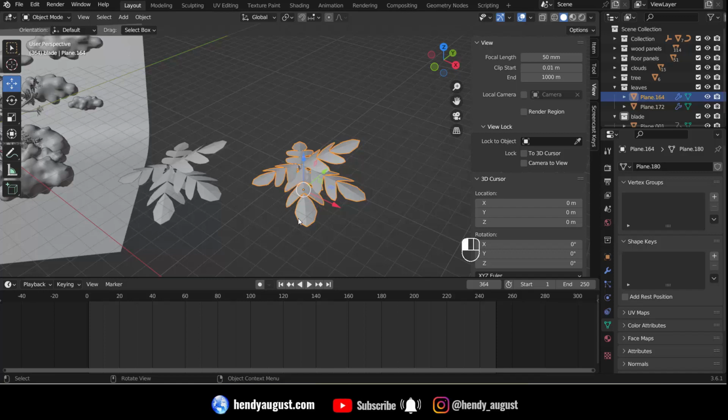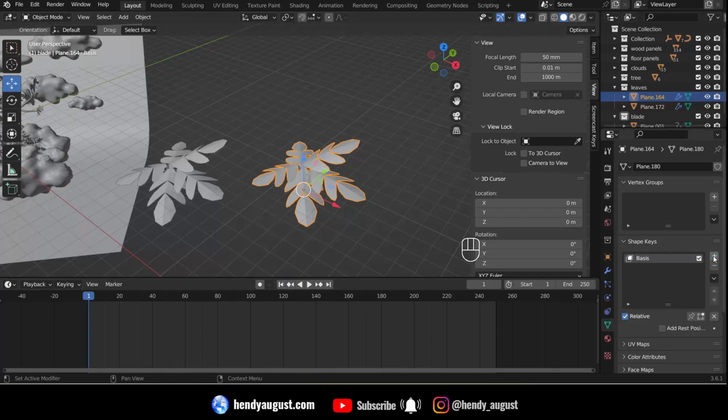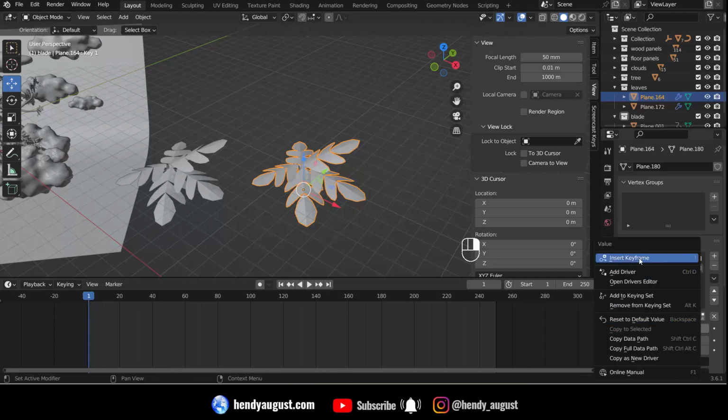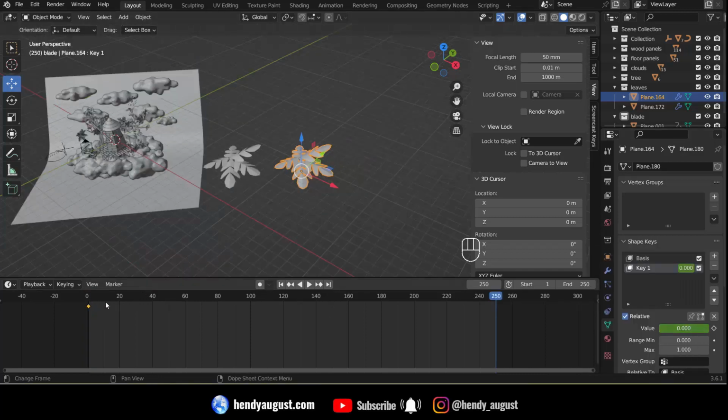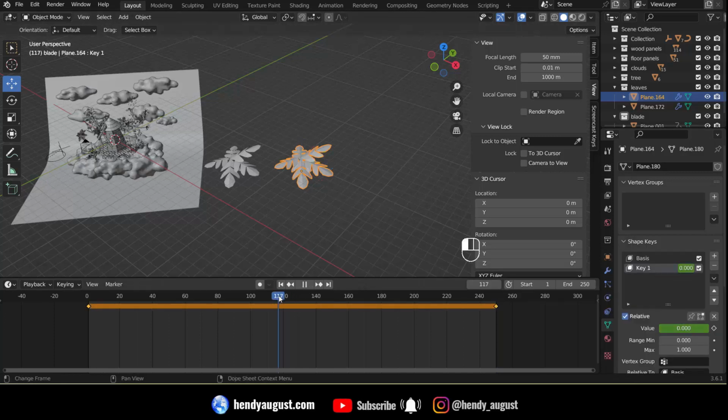Let's select the second leaves, and then we're gonna do the same thing. We're gonna click Basis, and then once again in the Key One, we go to frame one, right click, and insert keyframe. I'm gonna make it a slower animation, so I'm gonna go to the last frame and insert a keyframe, and then in the middle of them I'm gonna set another keyframe